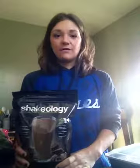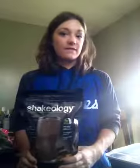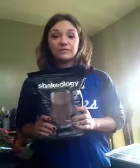I'm also partial to the chocolate Shakeology with peanut butter and a banana. That's one of my favorite smoothies. It tastes like a milkshake to me, so it's super, super good. So don't forget that this is something I eat every day, and I'll take a scoop of this with me to work every single day, and I will